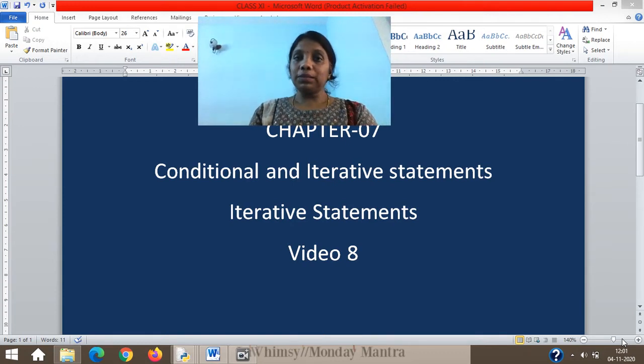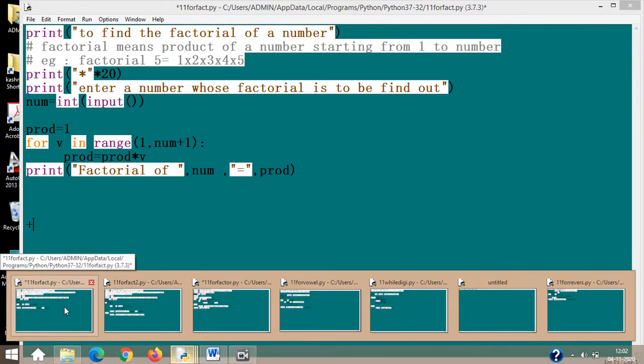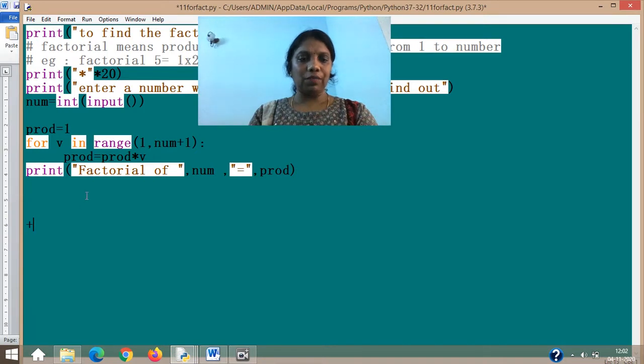So let's start. Remember, the last program which we had was to find the sum of 10 natural numbers, and we made it 6 natural numbers, and that part was clear, I suppose. So now I'm going to show you what you call as factorial. Now what is a factorial? Let's try that. I have done and kept certain programs over here already so that we can save time.